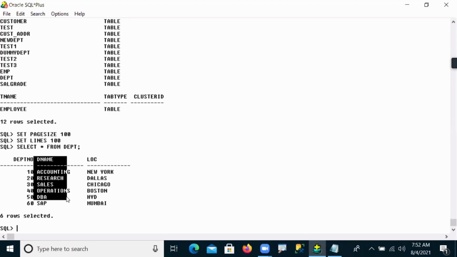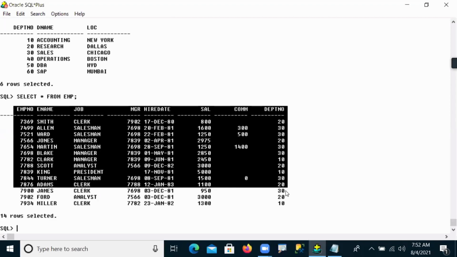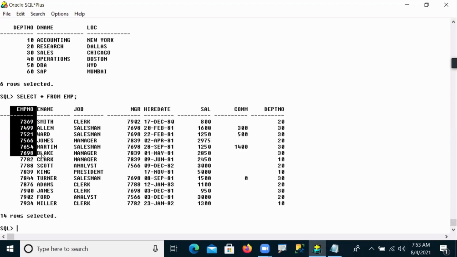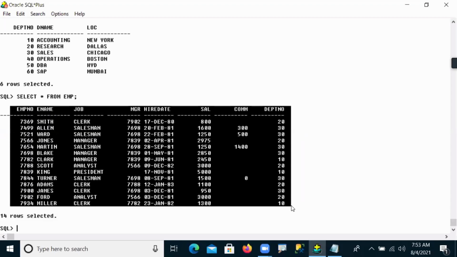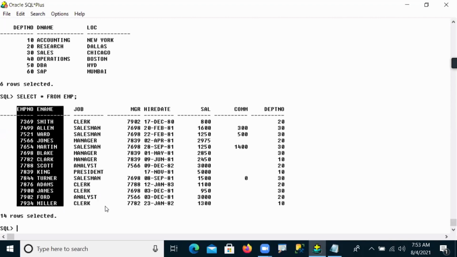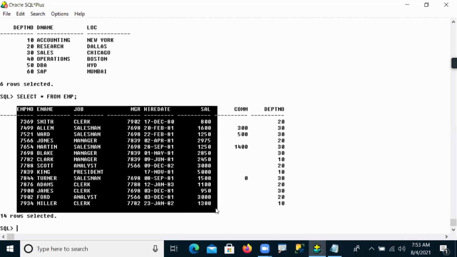Do we have departments? Definitely we have a table here. So which table? Employee table should be there. And in the employee table, can you see that every information we are storing in the tabular format, a particular structure we arranged here, like columns and rows. The structure is the collection of columns and rows. So these are employee numbers, their names, their job designations, their manager numbers, their hiring dates, their salaries,